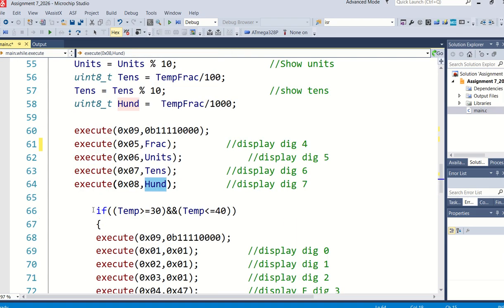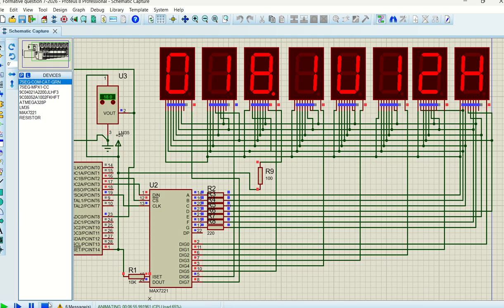I'll come back to line 66 just now. Let's look at the result. If the temperature changes to 10 degrees Celsius, you can see it's actually 10.1, 11.1, etc. So the temperature will change, and in real life you will see quite an accurate temperature if you really do it in real life.